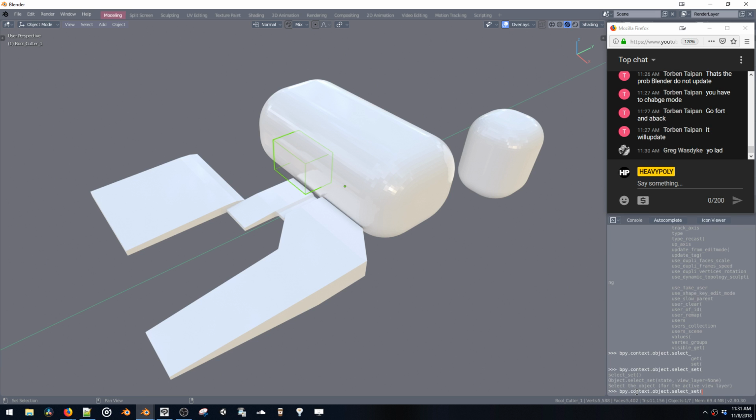Alright, so here when you press control space in the Python editor in Blender, it gives you options. So right now I'm saying select set, which is the command that we were working on here, and now it says there's two options for this command. There's a state and then there's a view layer. So I'm gonna say state